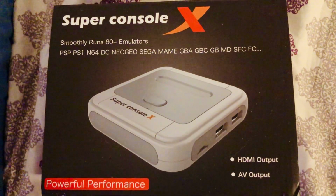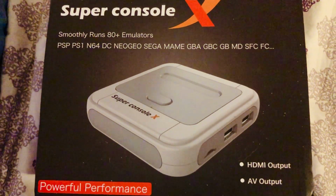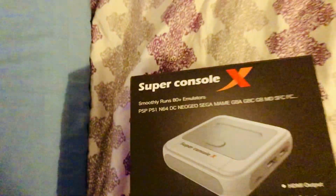What's up? This is the Super Console X Pro. It runs 80 plus emulators, and